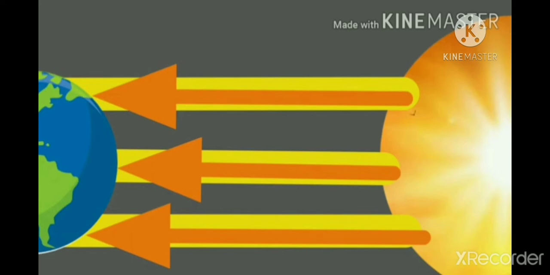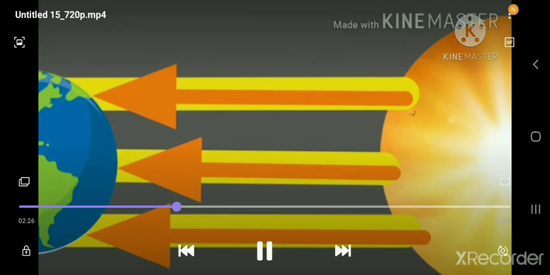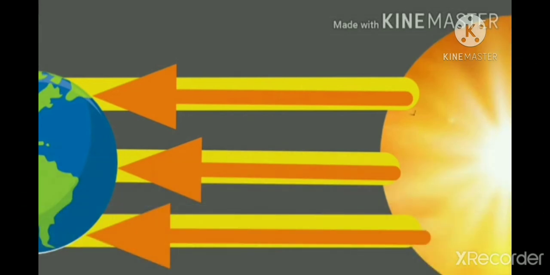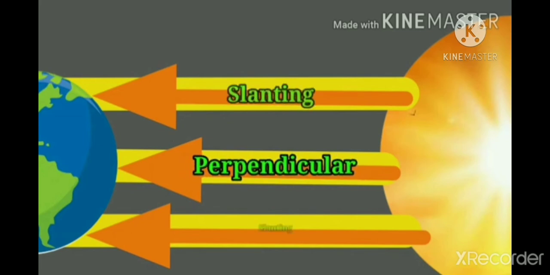Means the 90 degree angle, which is perpendicular, is going to occupy the lesser area, and the angle of 120 degrees, which is slanted more than 90, is going to occupy the larger area of the earth. Means what? That only we are going to learn. The perpendicular rays occupy less area. The part where the ray occupies lesser area receives bright sunshine and greater heat.